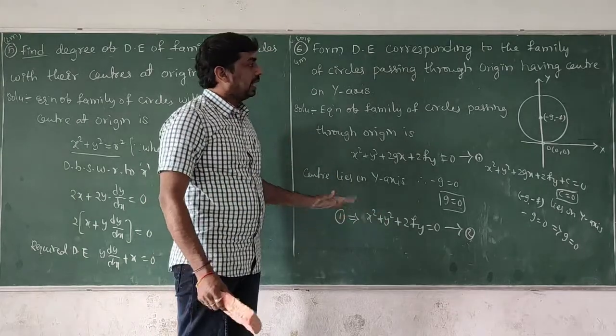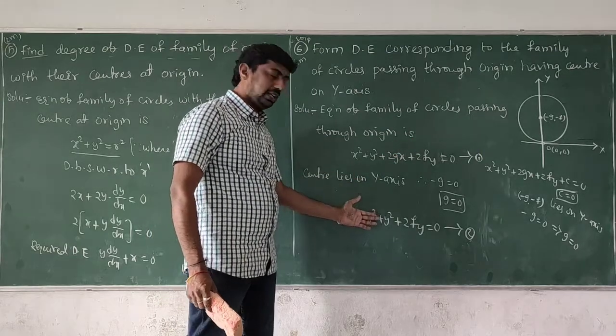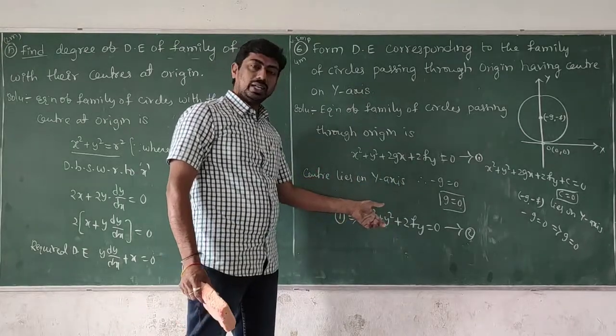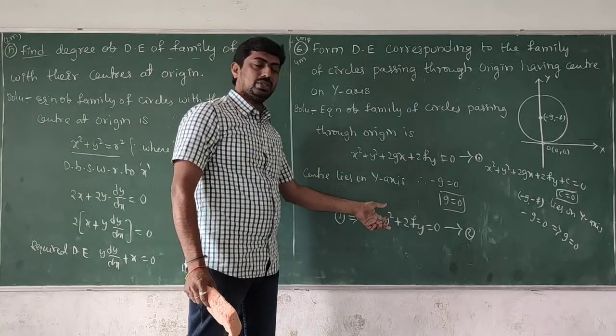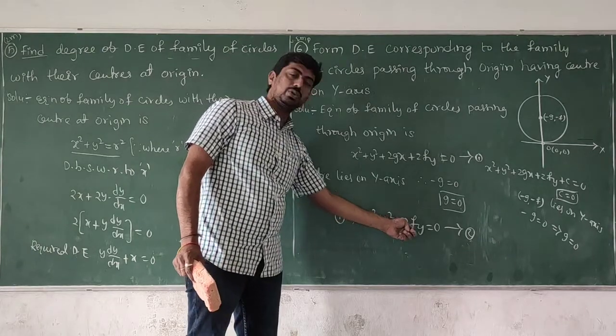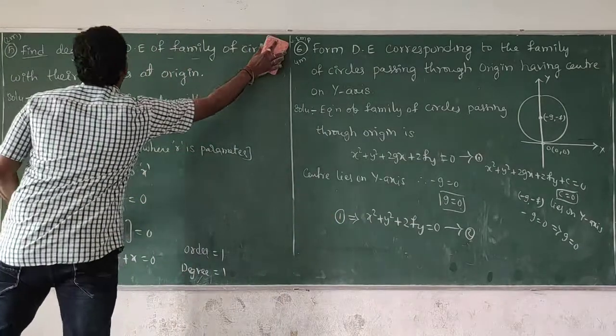Okay, so I have not started finding the differential equation yet. I am just writing the equation of the family of circles here. How do I continue to get the differential equation of this equation? Is it clear? Understood clearly? In which way we can get x square plus y square plus 2fy equals 0? Right. Very good. Now, continuation.